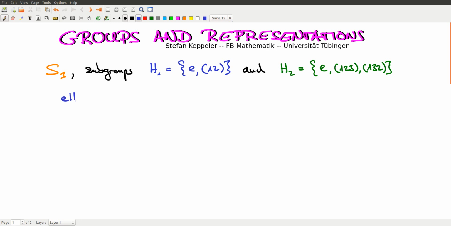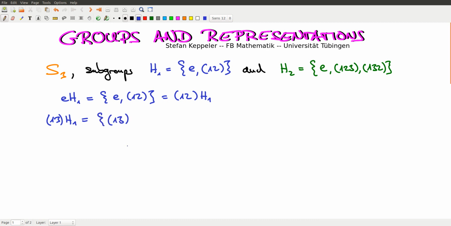So E times H1 is just H1. So the set with elements E and (1 2). And that has to be the same as (1 2) times H1. Now take a group element that hasn't appeared in a coset so far, for example (1 3). Now (1 3) times H1,